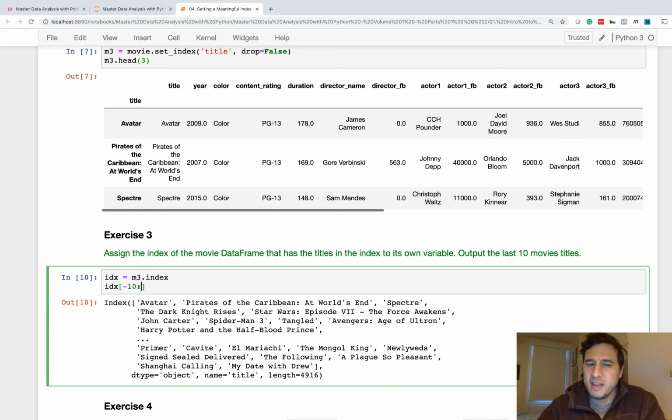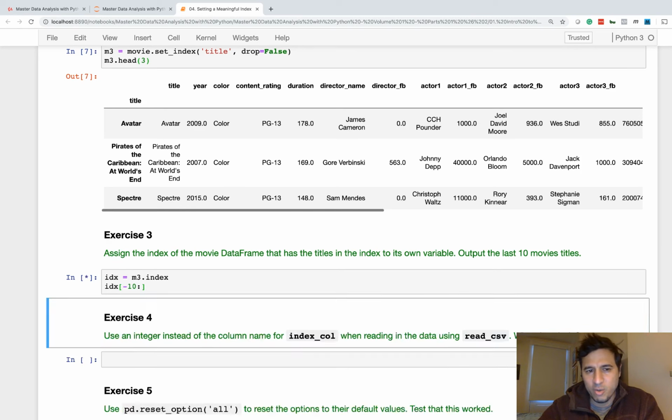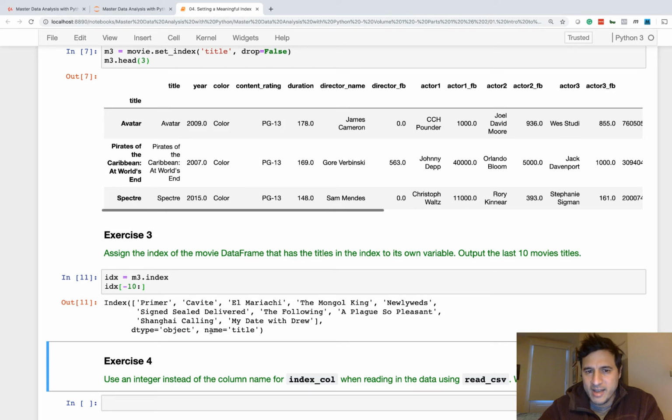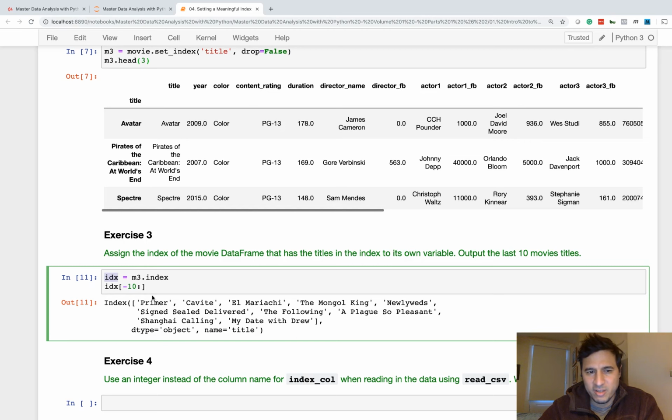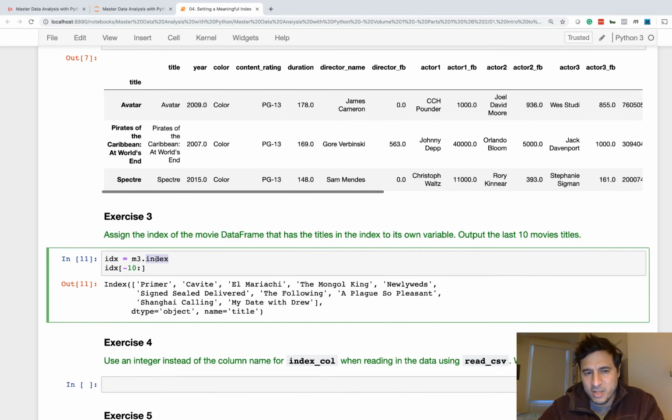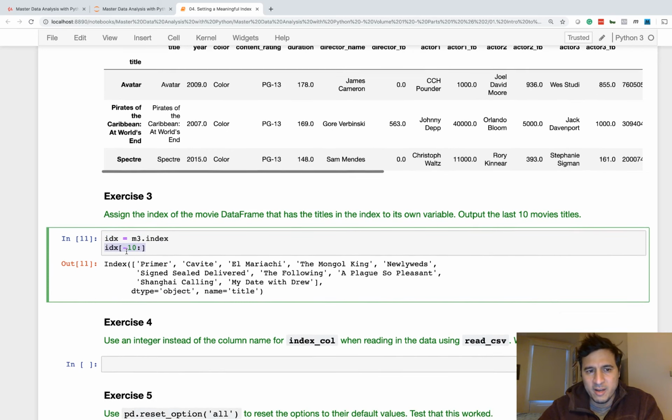So there's no tail method. You can just simply use slicing like this with negative indices to output the last 10. So this will go from -10 all the way to the end. So these are the last 10 movie titles if you use the index like this. So just a little index manipulation. You typically don't use the index directly a lot like this, but just to showcase that you can,